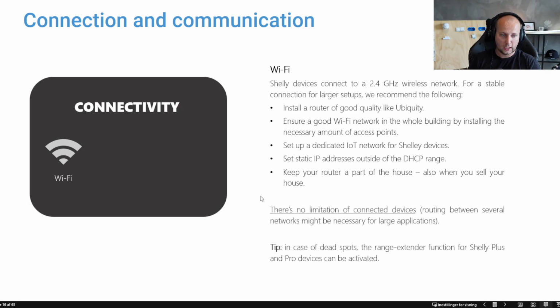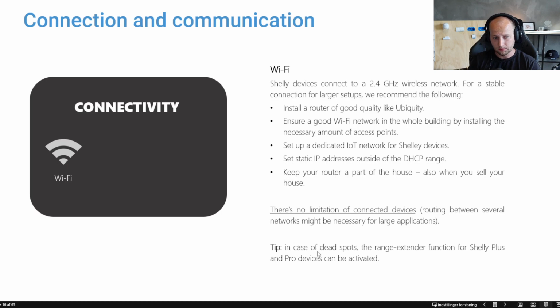Very important: in some Zigbee systems or Z-Wave systems and the like, there is very often a limitation of around 200 devices in a network. With Shelly, there are basically no limitations on how many connected devices you can have. The limitation comes from your router and your Wi-Fi settings, but theoretically you can have multiple thousand devices in one single network if you want to. So this is very important, and it's where we are different from many others.